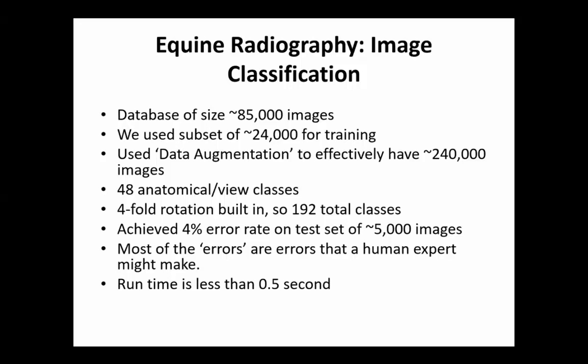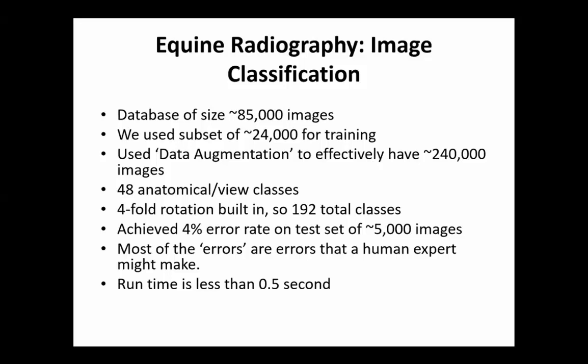We have taught the computer 48 different views of the horse, which pretty much covers the horse. We're going to increase that a little bit more. We also build in a four-fold rotation. So it'll not only say, that's a left lateral hock, it'll also say things like, that's a left lateral hock rotated minus 90 degrees. So however the vet held the plate when he took the shot, we'll figure that out too. And after we've done it and we feed it a set of 5,000 test images, we get about